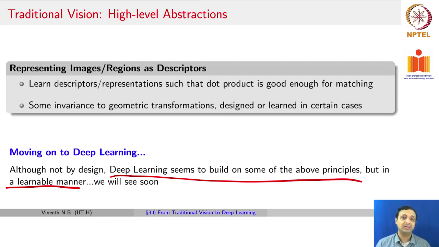All of these become design decisions that sometimes become difficult because they may depend on the task, and there was no complete knowledge on which kind of a descriptor could be used for which kind of a task. For example, for face recognition, would local binary patterns be always the choice of a feature, or could something else be used? This kind of complete understanding of which method to use for which task was not very well known,